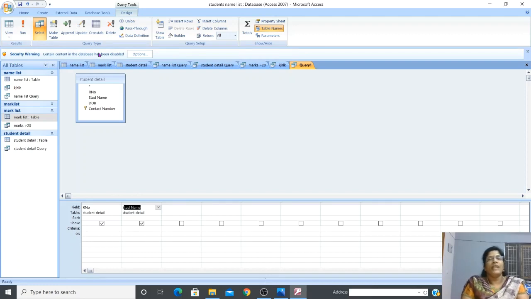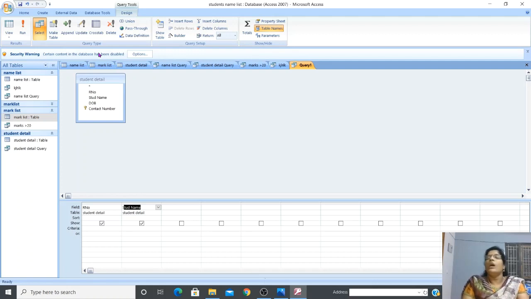So that's all for today's class. So far we have covered two objects in MS Access. The first object is tables. We studied how to create a table using Datasheet view as well as using Table Design. Then we performed sorting and filtering of data using these tables. Sorting means arranging in ascending or descending order. Filtering means filtering some data based on a particular condition. So that is what we covered in tables.